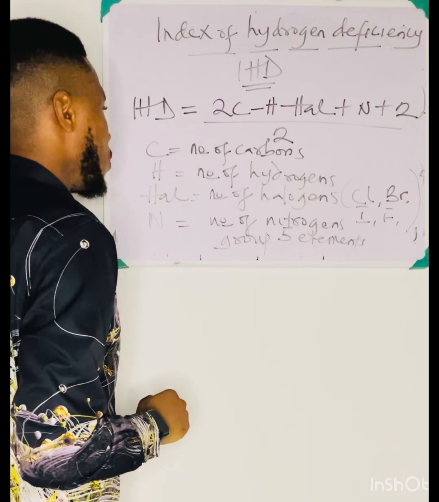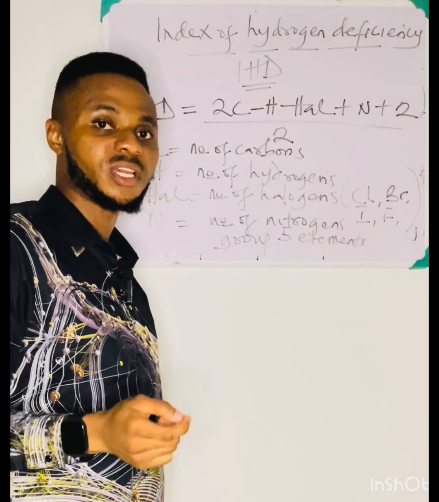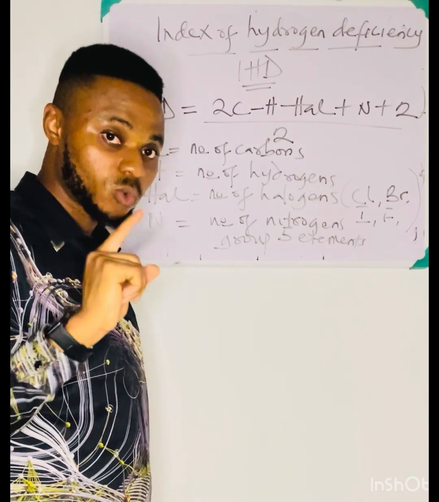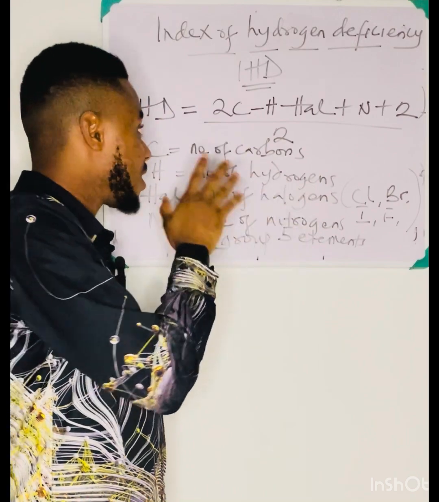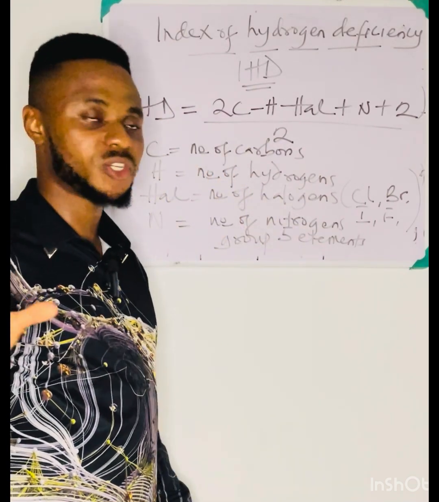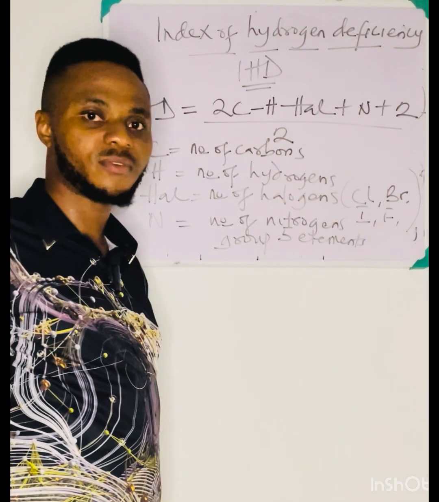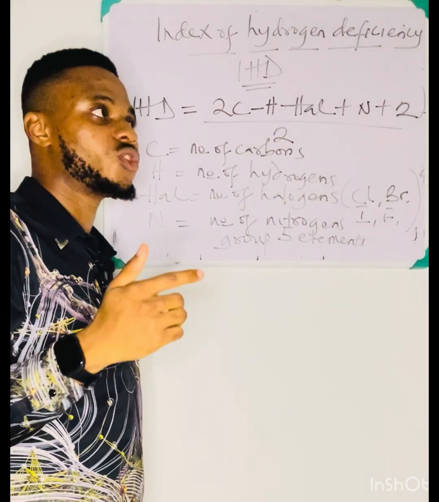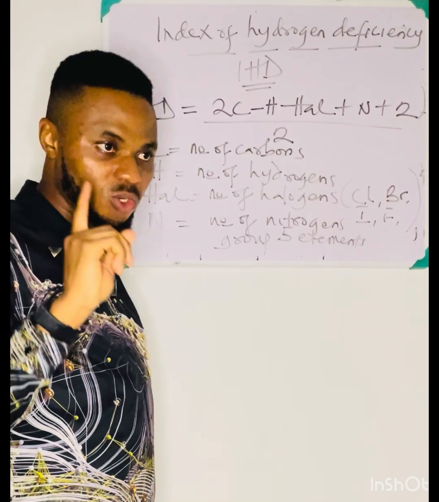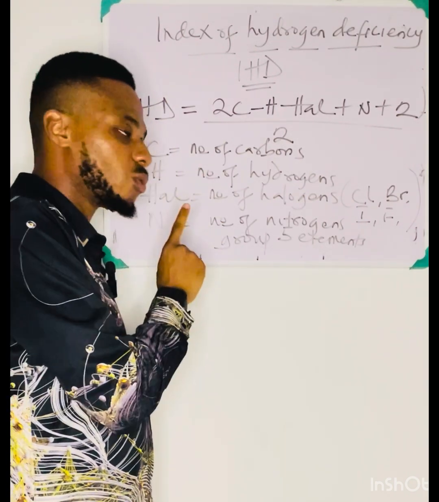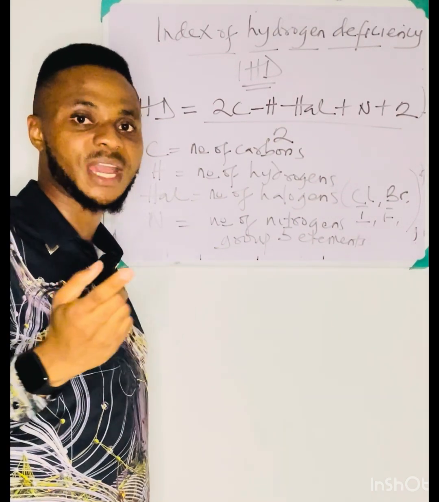Oxygen is also not inclusive in calculating IHD. Even if the molecular formula contains oxygen, it's not inclusive. These elements are the only ones that are necessary. If it's not a halogen, if it's not a group 5 element, if it's not hydrogen, if it's not carbon, please forget about it. Even if oxygen was part of the vital force theory, here oxygen is not a factor to be considered. Why? Because oxygen forms double bonds. I will explain more of this in hybridization.